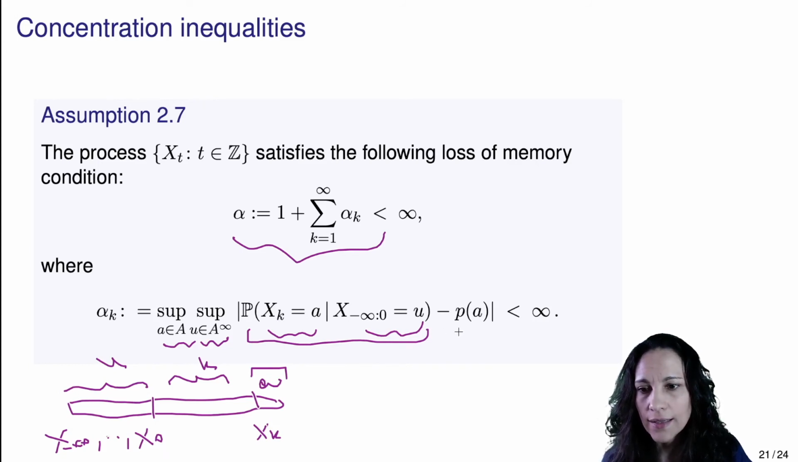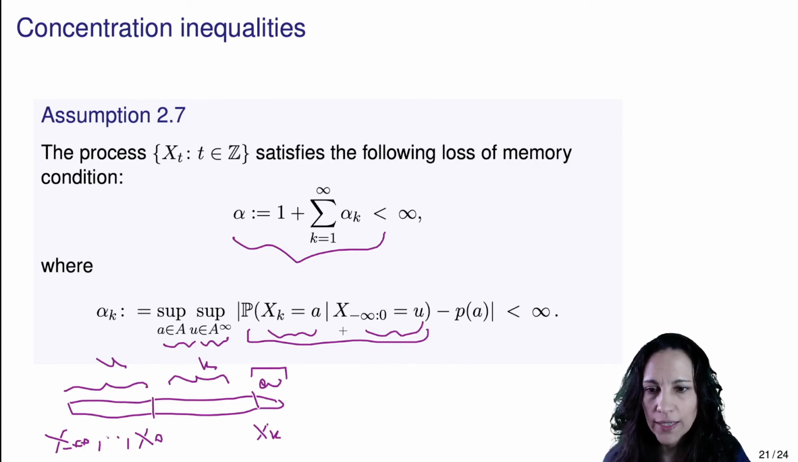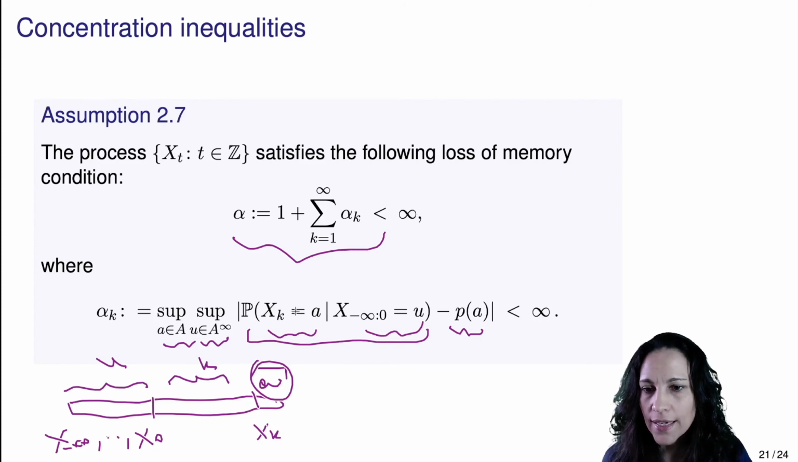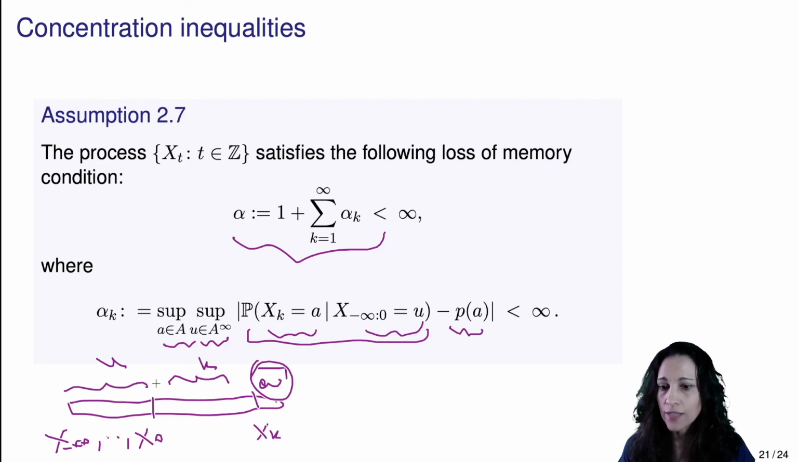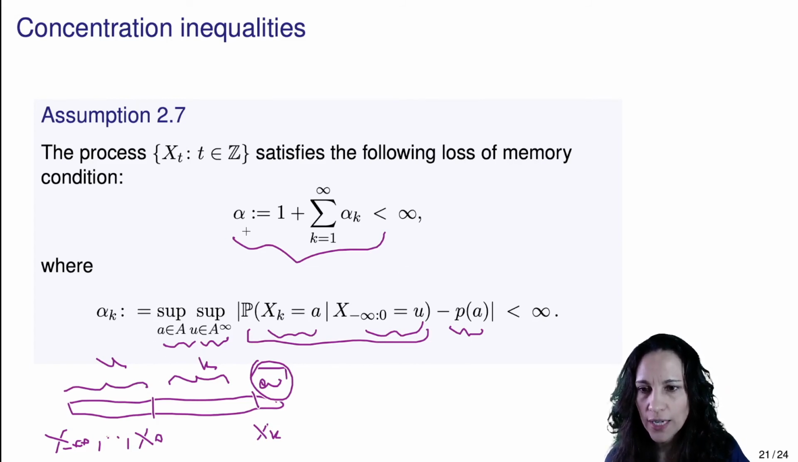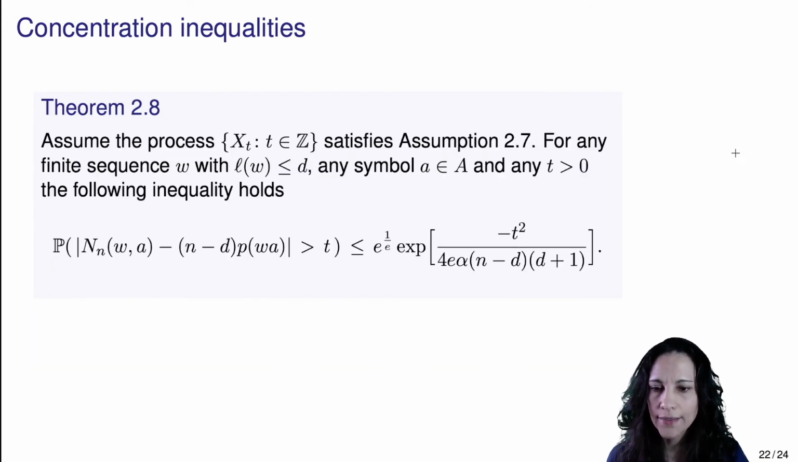And this alpha k is bounded by the difference of this probability from the stationary probability of seeing simply the symbol A without conditioning on any past, okay? So here we assume these coefficients alpha k decay to 0 sufficiently fast in order for this coefficient alpha here to be finite, okay? So the first result we prove in the book is this concentration inequality for the counter Nn